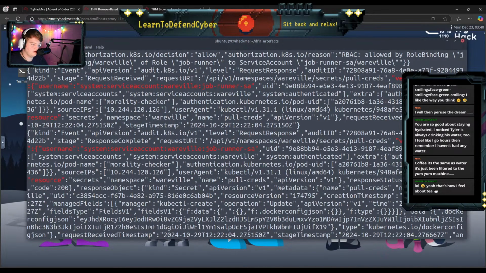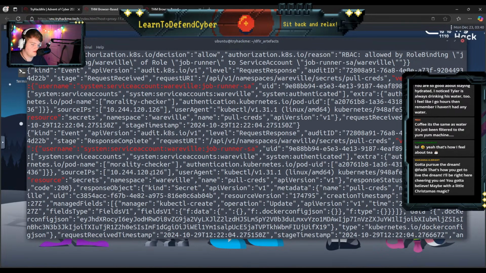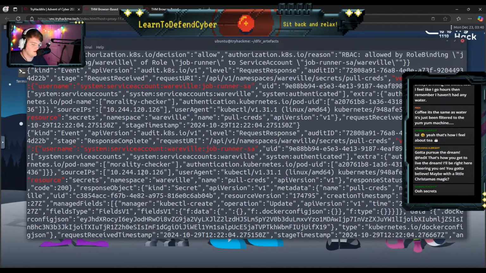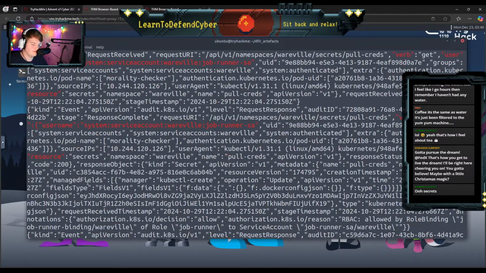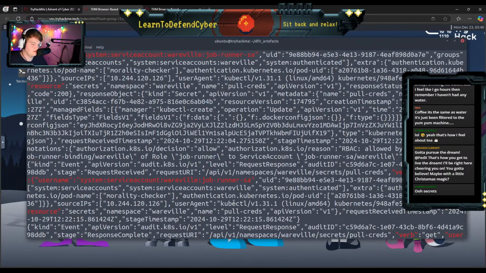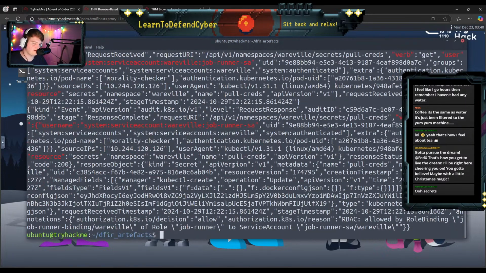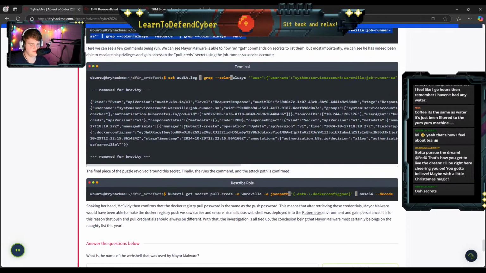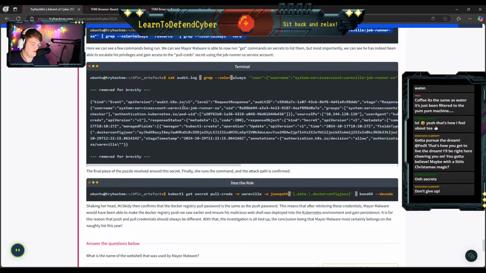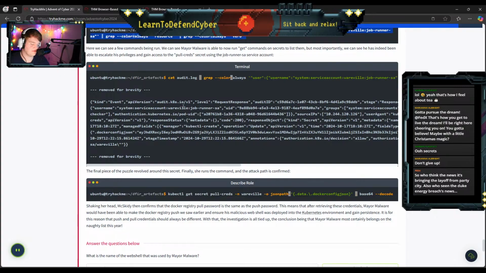This is just more logs for the secrets. Him getting secrets. I'm assuming that we're gonna be just looking at some different stuff. Pull creds. You know, he pulls creds. This is just, it's a mess to look at in the terminal. I'm just gonna use this because they give it to us. There are ways to beautify this, like CyberChef. You can prettify, beautify code.